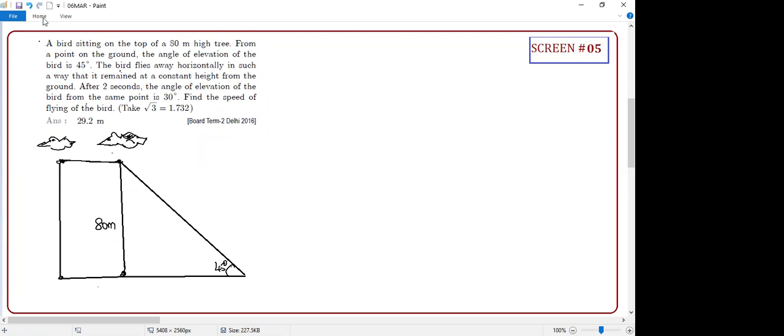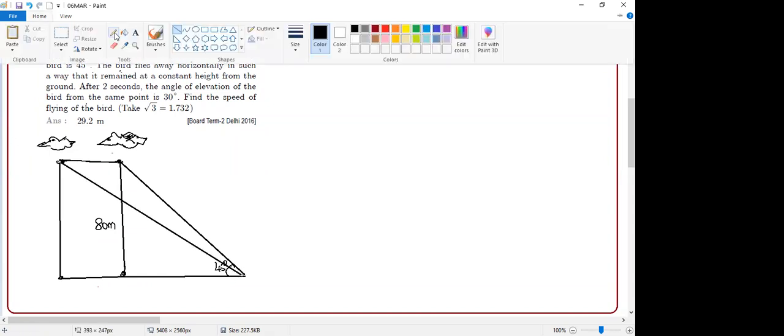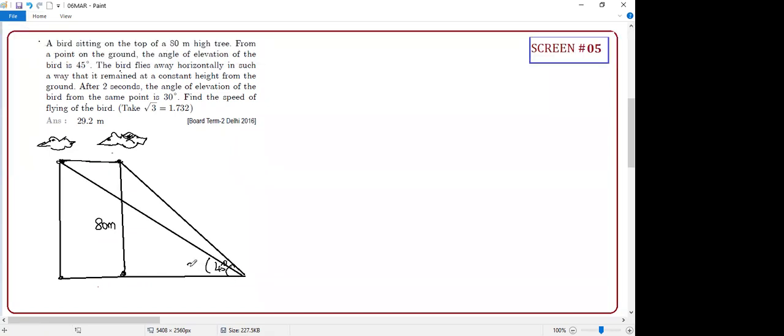Now you are seeing the second position. It's not two different bats, the same bat is flying. Now tell me, what is the angle of this? It is 30 degrees. I'm spending a lot of time on the diagram, students, because you have to be very clear on that. So 45 degrees, 30 degrees, everything is done. Now, guys, you should know this distance, because after 2 seconds they are asking: find the speed of the flying bat.